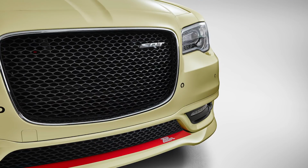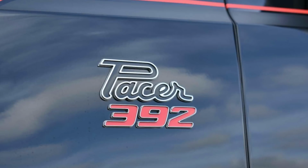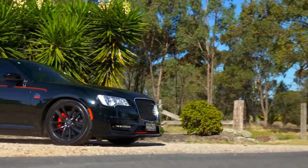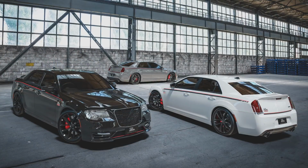Guillaume Drelon, the director of product for Chrysler in Australia, spoke about the car, saying, quote, "Marking the 50th anniversary of the much-loved Valiant Pacer, we're excited to celebrate such a milestone with this limited edition car, a revival of the Pacer nameplate for Australian motoring enthusiasts. This is truly a modern take on an Australian classic, and we're excited to bring the Pacer back in this exclusive run of fantastic-looking vehicles." End quote. This variant is based on the 300 SRT core, and there will be 3 colors available: gloss black,